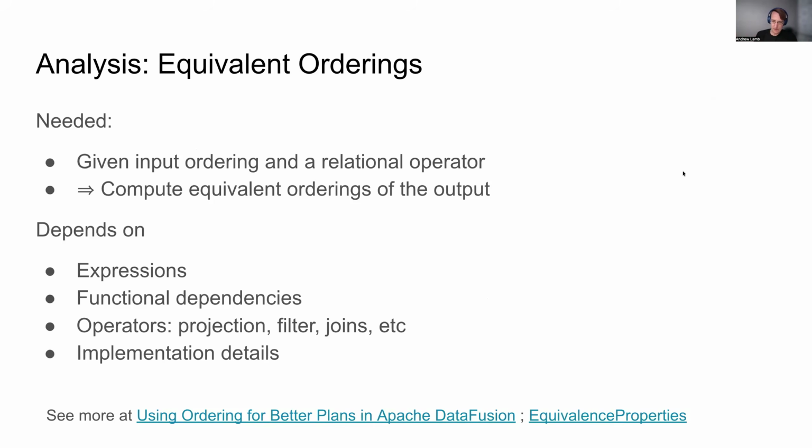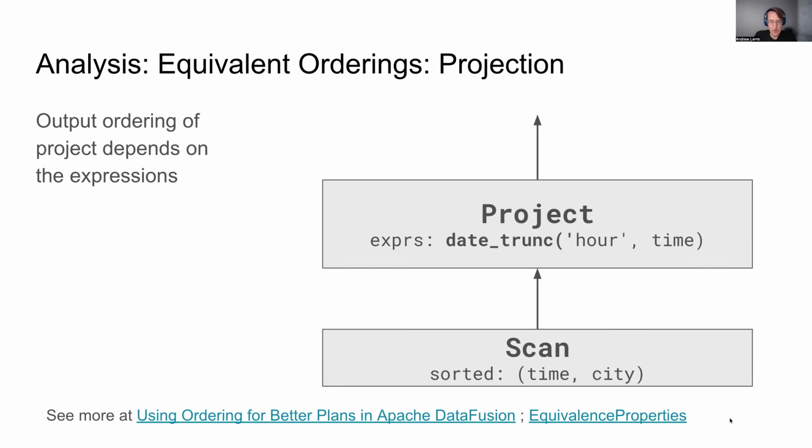Data Fusion uses something called equivalence properties. We have a blog post about this if you want to read it. This is a relatively common concept in any system that can leverage join order, or leverage ordering in general. And just to give you a sense of what it means, what it typically looks like is that you represent